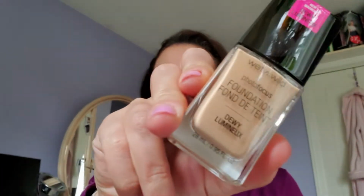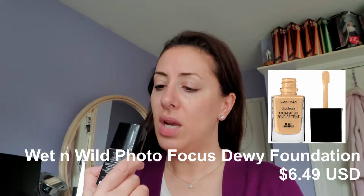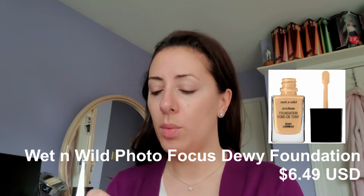We're going to go into the Wet n Wild. This is the Dewy, and I got the shade Soft Beige, which is light medium. Oh, and it's warm. Oh boy. Not exactly the warmest toned skin over here. I do like the other photo focus from Wet n Wild. Actually, that's okay. You know what? That should be fine. More or less. Like I said, I do have the other one. Yeah, it's a little warm, but